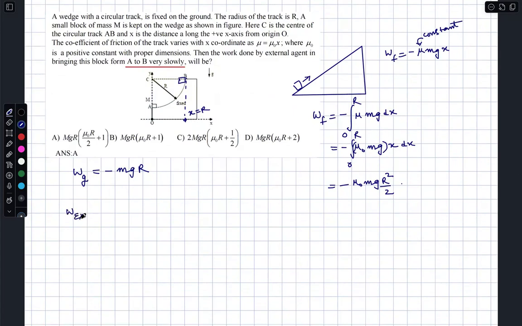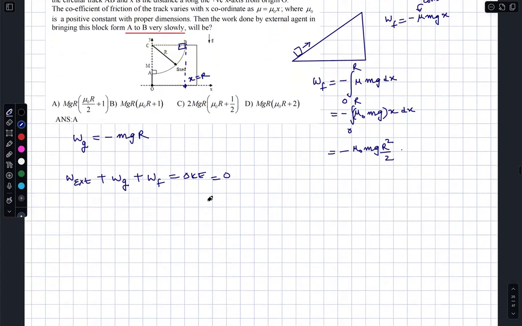Work done by external agency plus work done by gravity plus work done by friction is delta KE, which is 0. Work done by external agency minus mgR minus mu naught mg R square by 2 is 0. Work done by external agency is